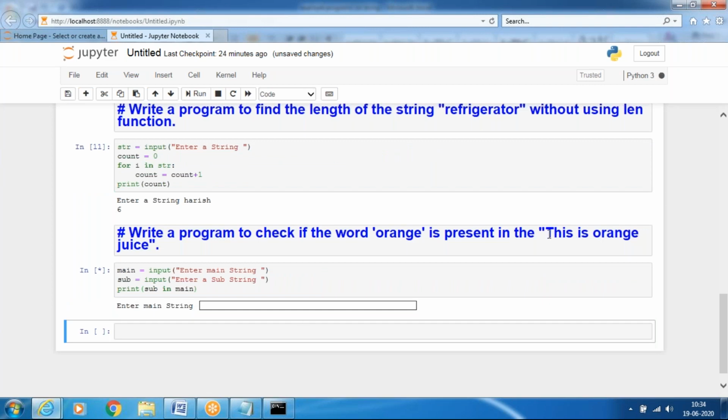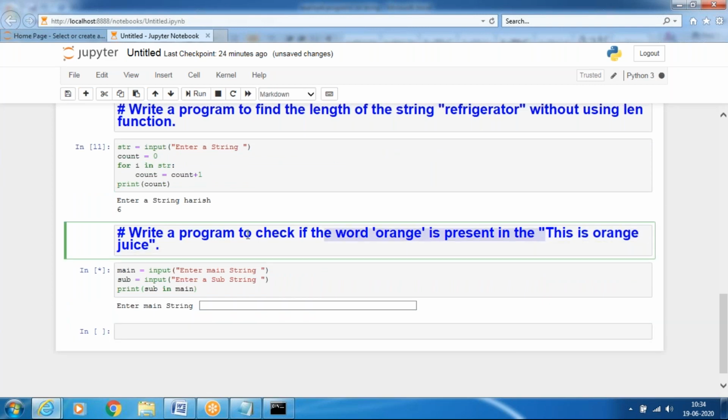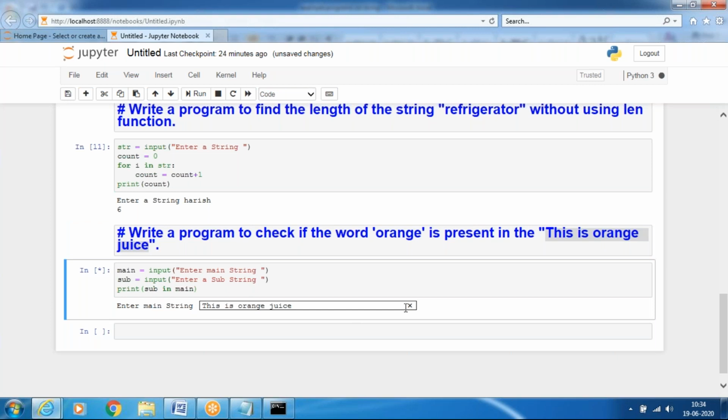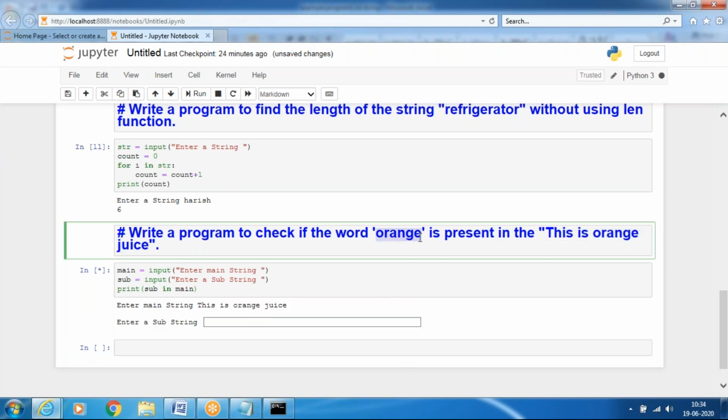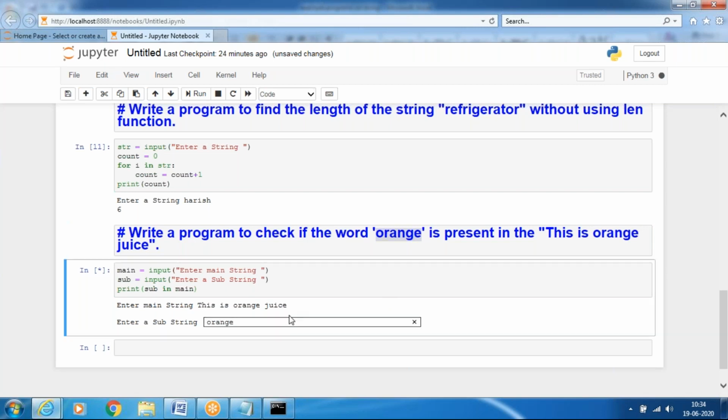So this is orange juice, the main string, and then enter the substring. The substring is orange. True. It is available in the main string, so it produces true.